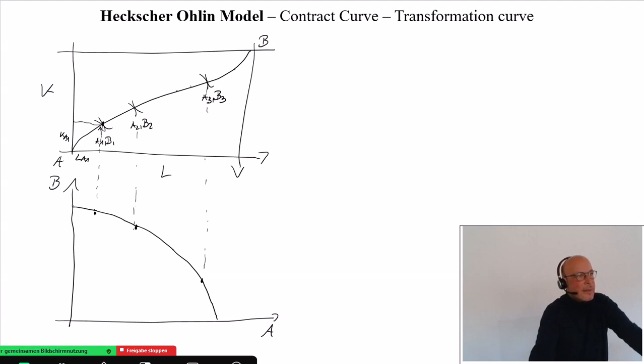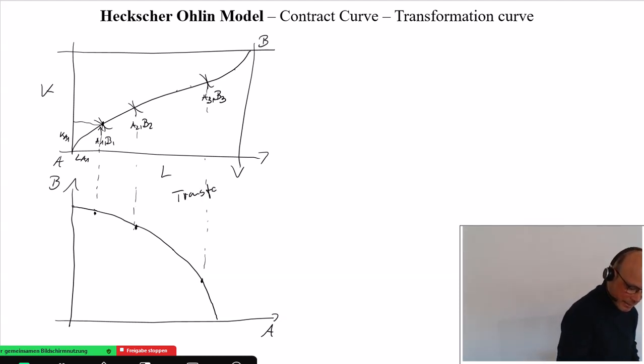is looking like this. Well, in general, we can only derive that such a transformation curve should be in A and B a monotonically falling function, but if we assume constant returns to scale, then we can definitely show that it should have also this concave shape. So transformation curve for A and B